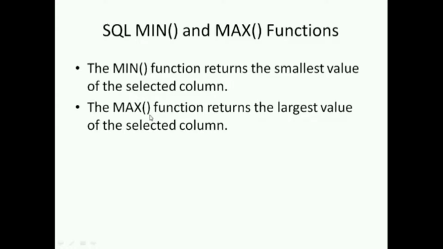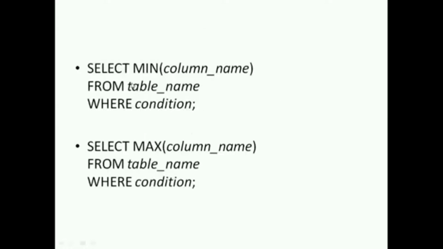अब अगर मैं अपने एग्जाम्पल की बात करूं जिसमें एज कॉलम है, अगर मैं min ऑफ एज लिखूंगी तो उस कॉलम में जो सबसे मिनिमम एज प्रेजेंट है वो रिट्रीव होगा। मैक्स ऑफ एज लिखूंगी तो उस कॉलम में जो मैक्सिमम एज प्रेजेंट है, लार्जेस्ट वैल्यू ऑफ दैट सिलेक्टेड कॉलम विल बी रिटर्न टू मी, विल बी रिट्रीव्ड फ्रॉम द डेटाबेस। अब सिंटैक्स कैसे है, सिलेक्ट मिनिमम of column name, whatever column name you want to write